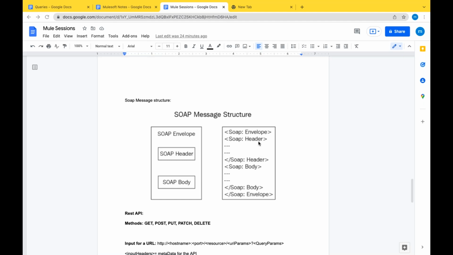If you want to send headers, which are nothing but metadata for that specific resource, the metadata will be sent in the headers tag. Envelope is the start tag of the SOAP message structure. So this is the message structure of a SOAP.